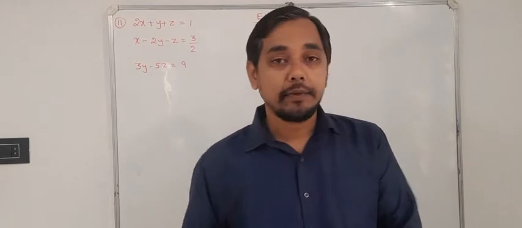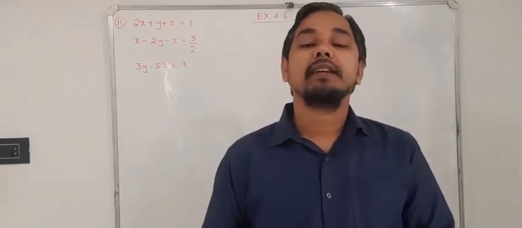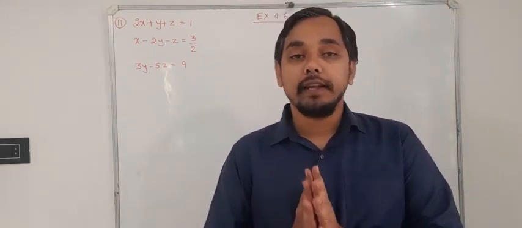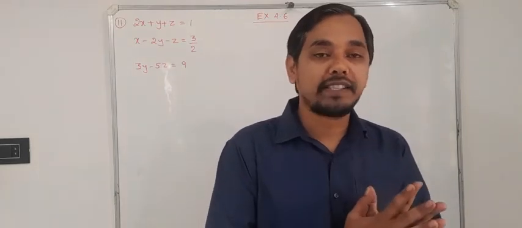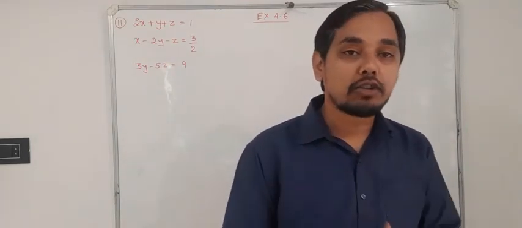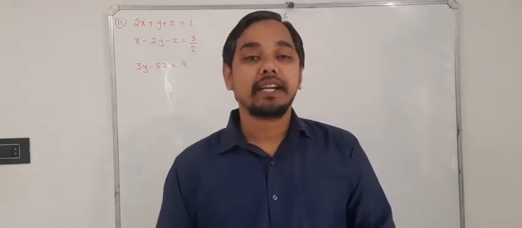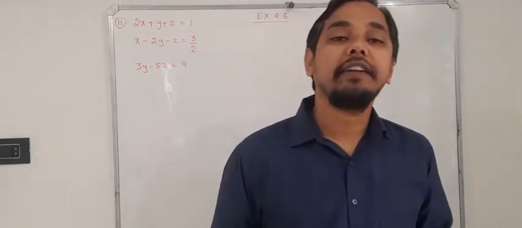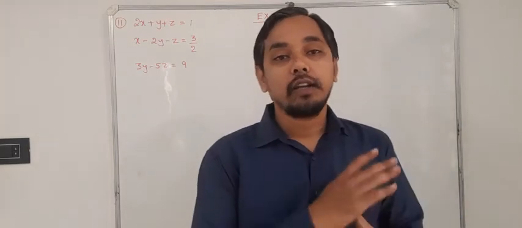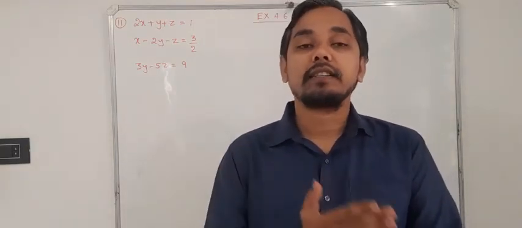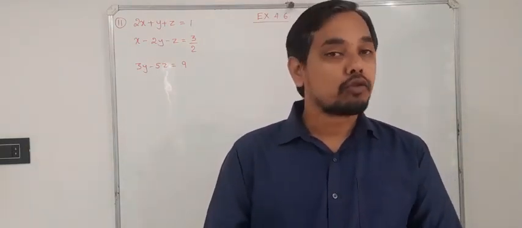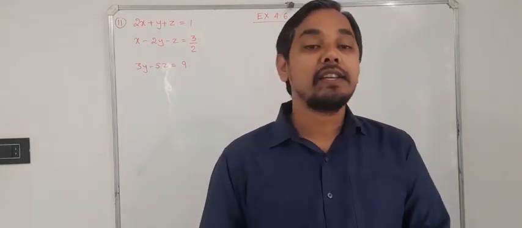So in the previous class we were discussing the concepts of determinants. We have also started the last exercise, that is exercise 4.6, from two sessions. For the past two sessions we have been dealing with exercise 4.6. Many concepts we have made clear, right? We have checked the consistency of the equations. We have also solved the system of linear equations, right?